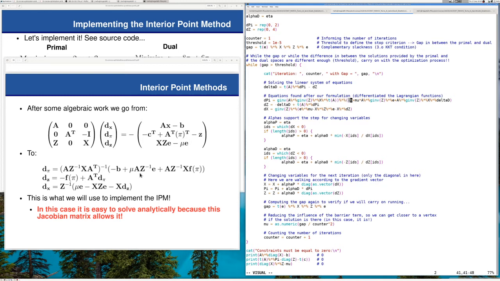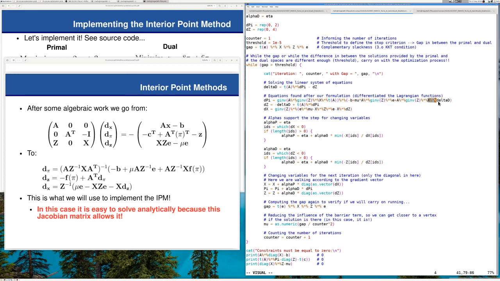Minus b, as in here, plus A Z inverse, and of course the product by our vector with ones, plus A Z inverse